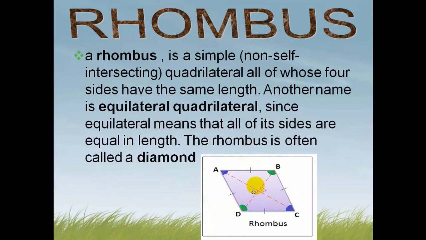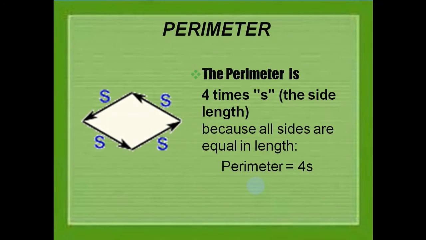Now to find the perimeter and the area for the rhombus. You see over here, this is a rhombus. A rhombus is actually like a square shape. So 4 times S, where S means the length of one side of the rhombus. Because all sides are equal in length, this is treated as a square. So the perimeter for this rhombus will be equal to side plus side plus side plus side, which can be written simply as 4 multiplied by S. So this is the perimeter for the rhombus.